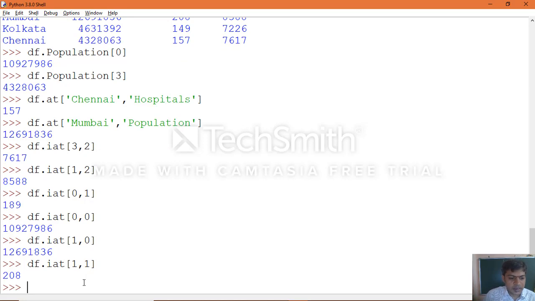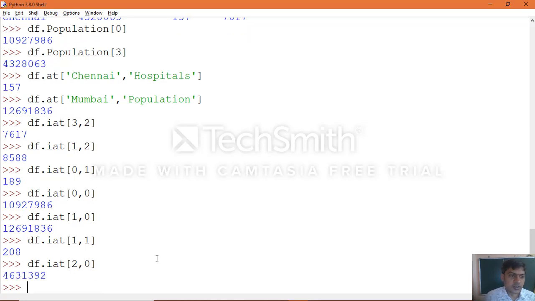So df.iat[1, 1] gives Mumbai, the city for which we got the hospital details. If you want the Calcutta population, df.iat[2, 0] will give the population of Calcutta.